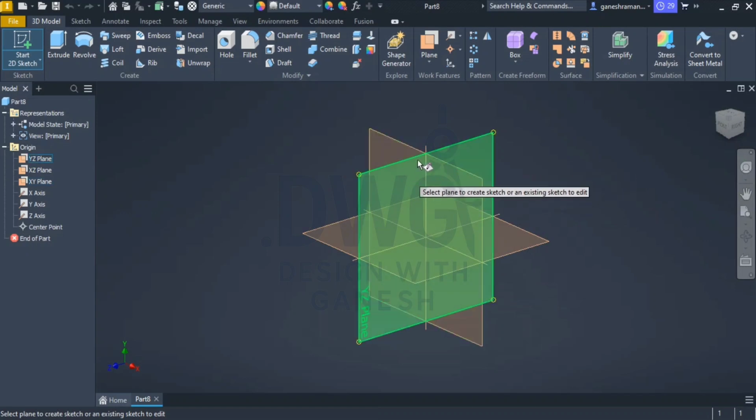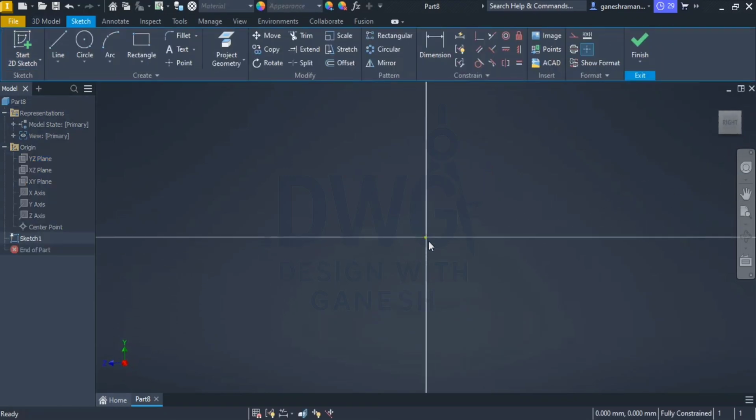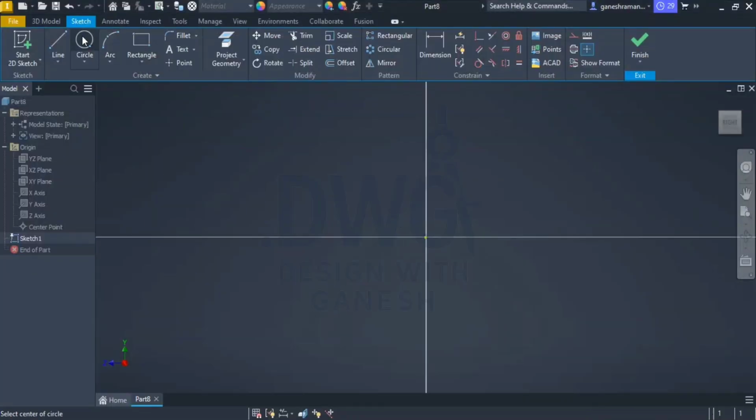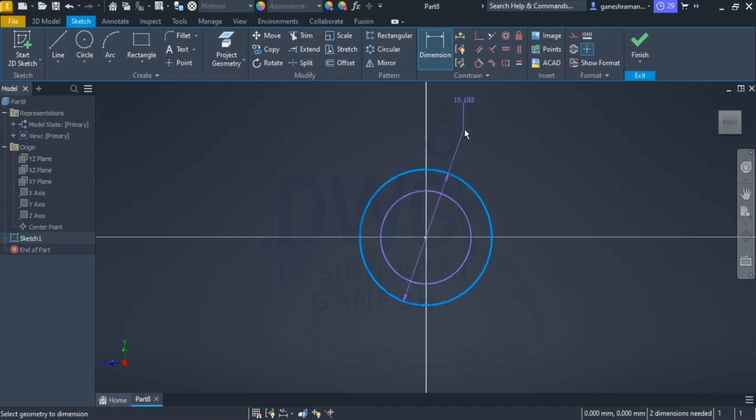Okay, now I want to choose the right plane, so click on the right plane. It will take you to the normal view also. Okay, now select the two circles. So with the circle command, select this center point and drag it like this, make it two circles. And if you want to give the dimensions, click on the dimension and choose this and this, and 50 is